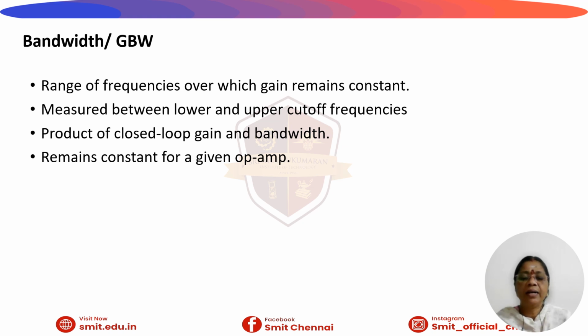It remains constant for a given op amp. The formula is given as gain into bandwidth. It is the specific frequency where the gain drops to 1 or 0 dB. For 741 op amp,